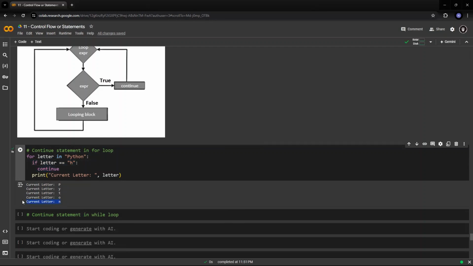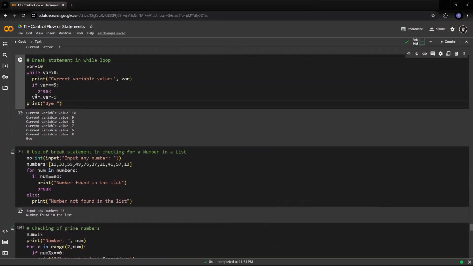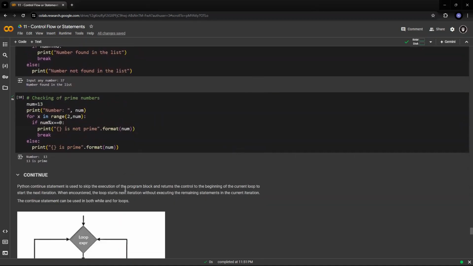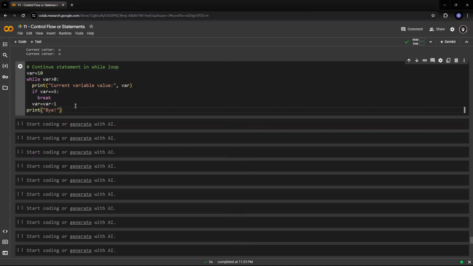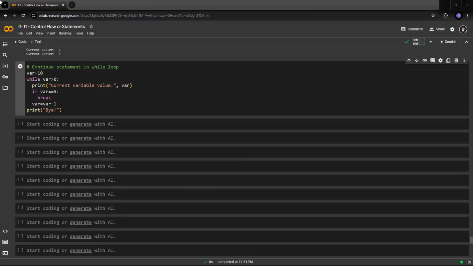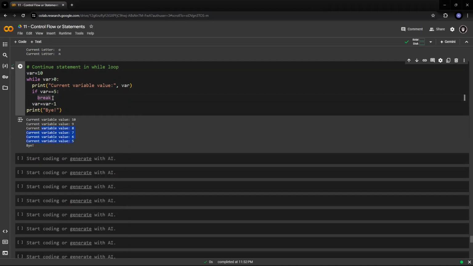Let's use the same example of 5 once again, the number that we used. So the variable was 10. You remember what happened when we used break. Let me run this again and show you what happened when we ran break. It stopped at 5 because we checked whether the variable is 5, and it executed the break statement and moved out of the loop. But if I replace this break with continue,